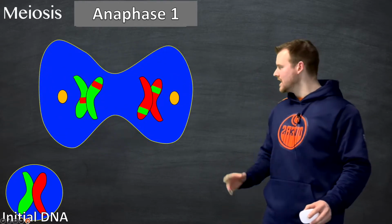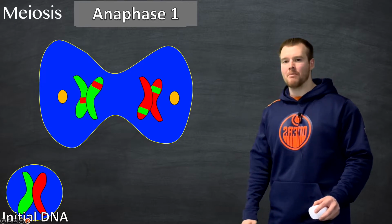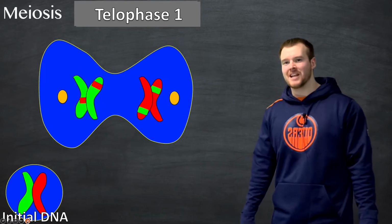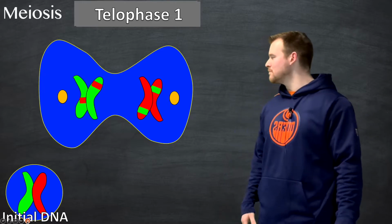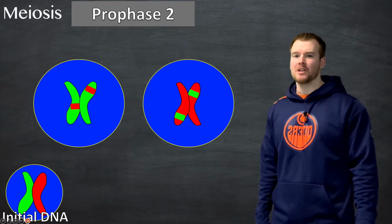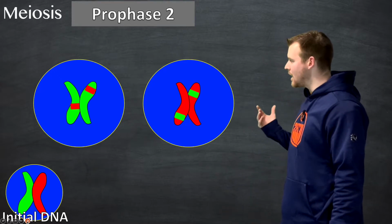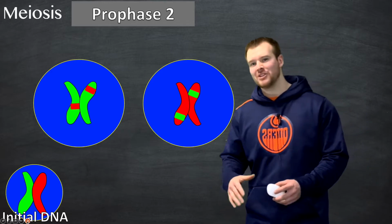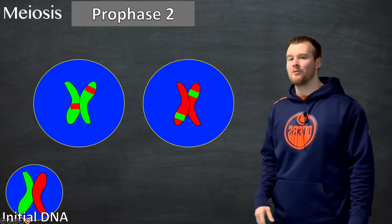So we're going to start to form that nuclear membrane in between, which is called telophase. And again, this is the first time this has happened in meiosis. So telophase 1. After that's completed, it's going to be into two separate cells, and we've completed the first phase of meiosis. So now we start round 2, and as it says at the start, we're in prophase 2 now